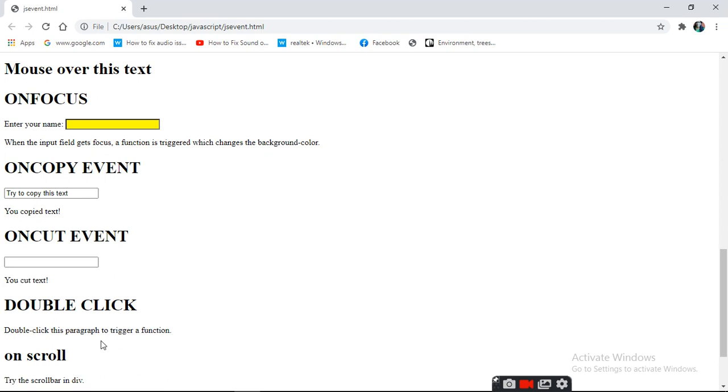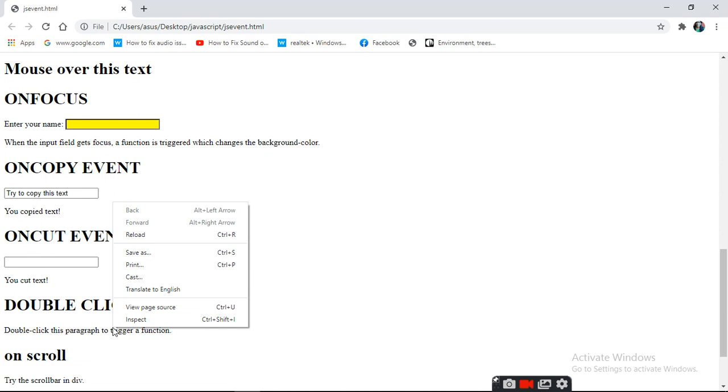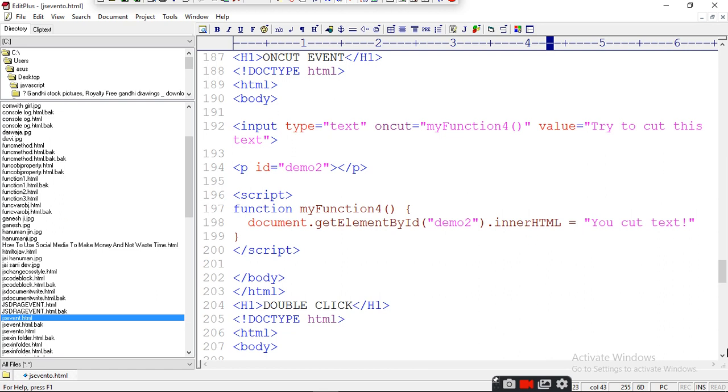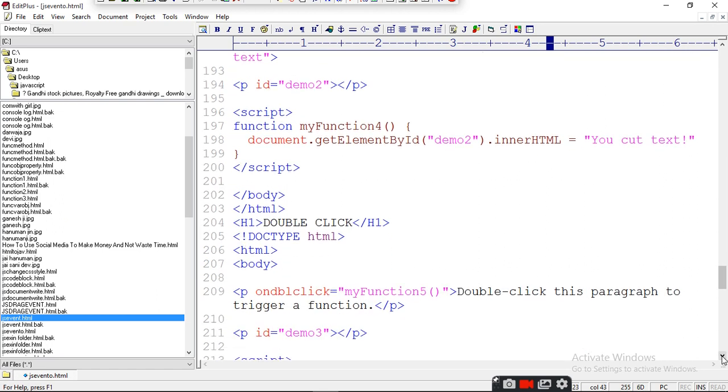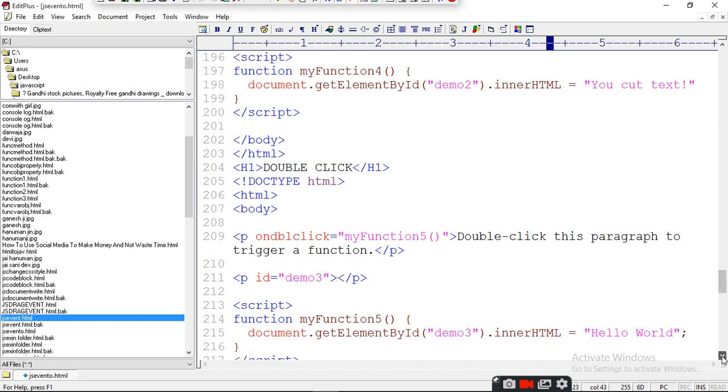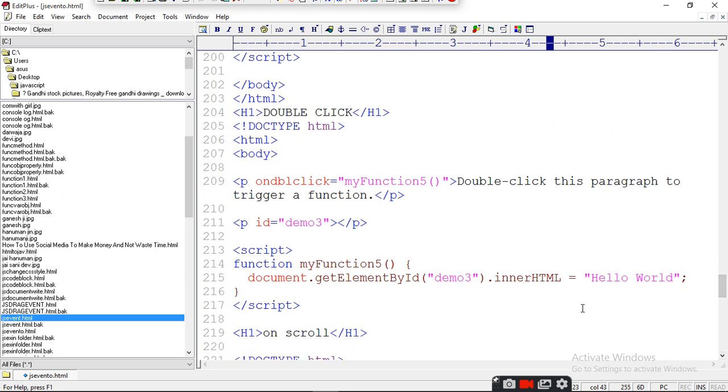And double click this paragraph to trigger a function. अब double click करा. Just see what I have done. Double click. On double click my function, this paragraph to trigger a function. ID demo3 hello world.